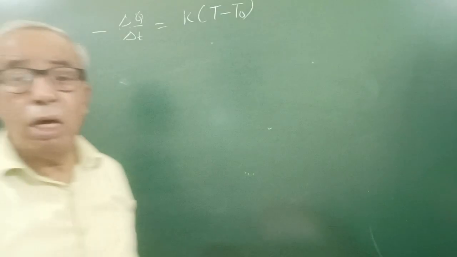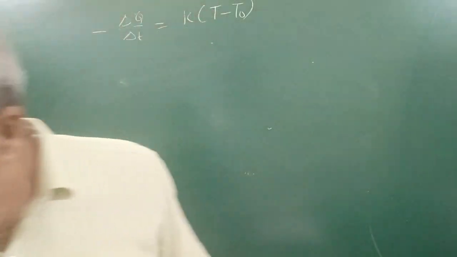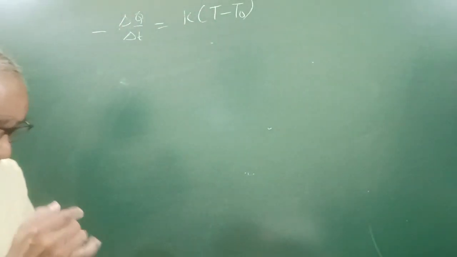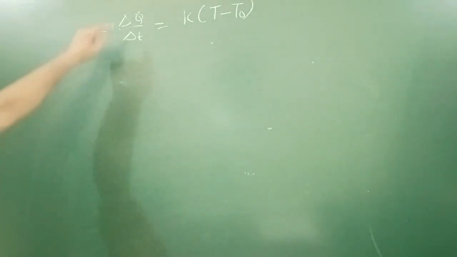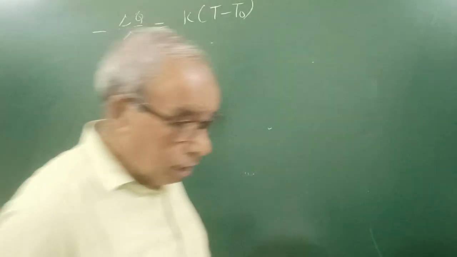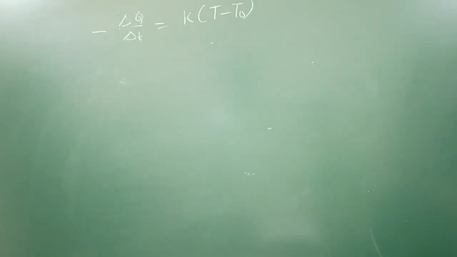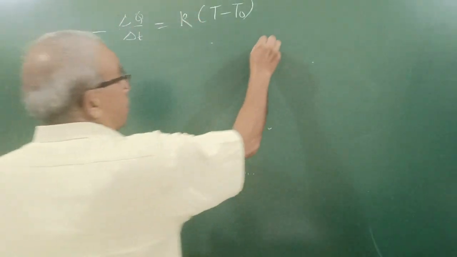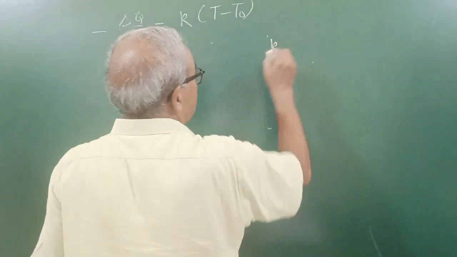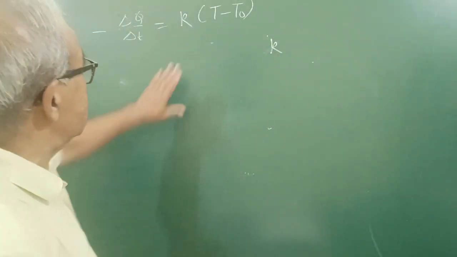Now we want to see how the temperature decreases with time, that is, the rate of change of temperature. This gives you the rate of loss of heat. So how does the temperature decrease with time? Now we have to see this. For that, this constant, small k, sorry, this constant depends upon the nature of the body